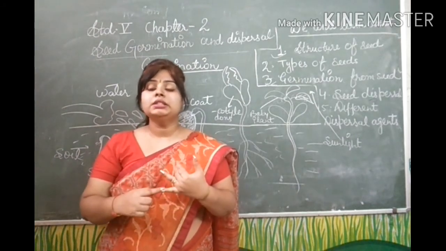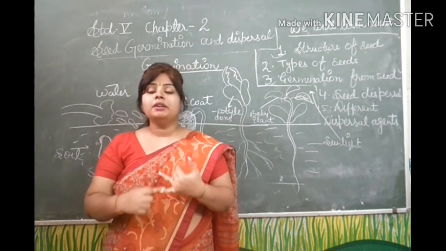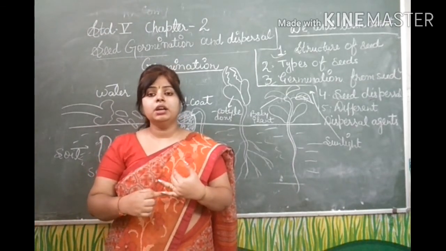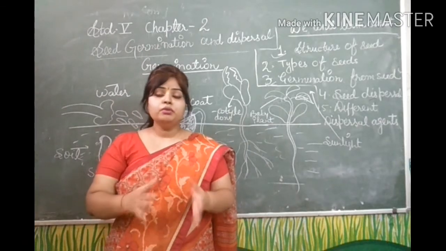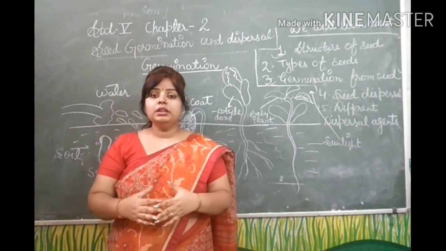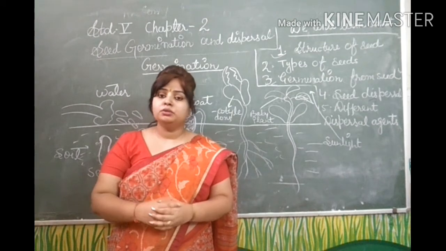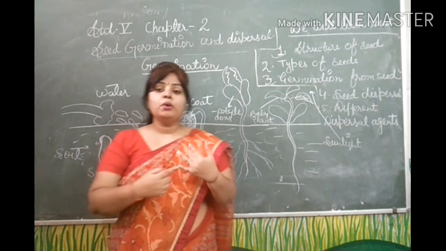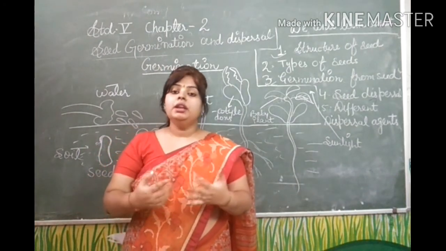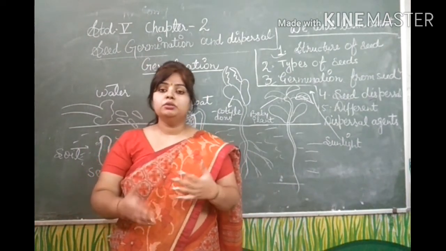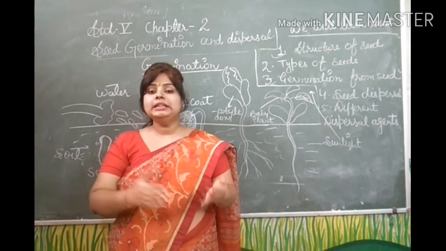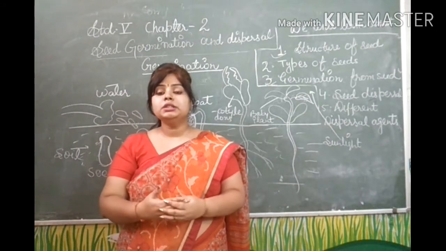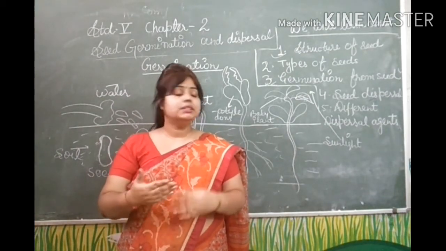First is water. Water is a very important and necessary thing for the survival of the seed. The food stored in a cotyledon is in dry form, so water is necessary for dissolving the food. The next point is air. Air provides the energy for proper growth. Seeds need some energy, so oxygen provides the energy for the seed.